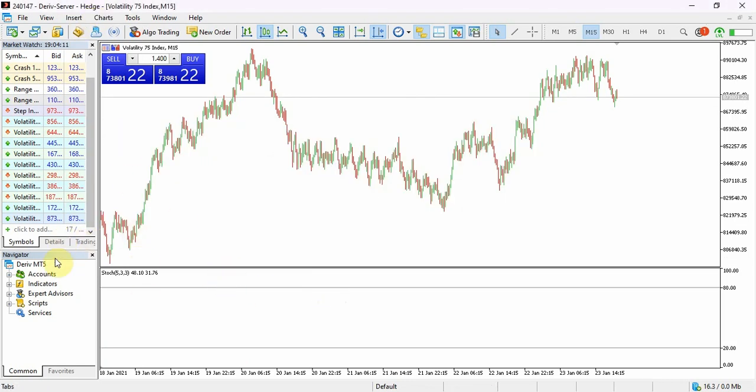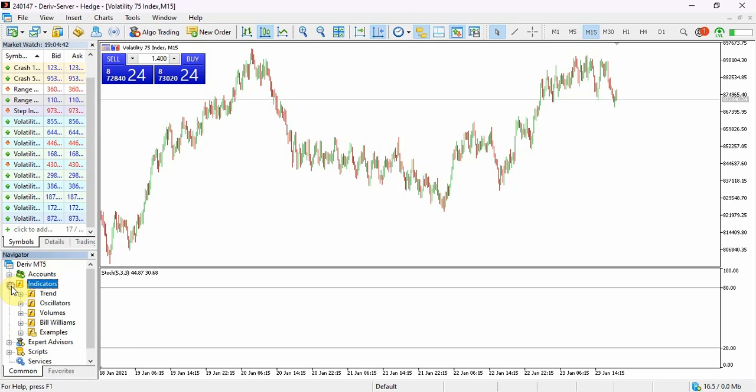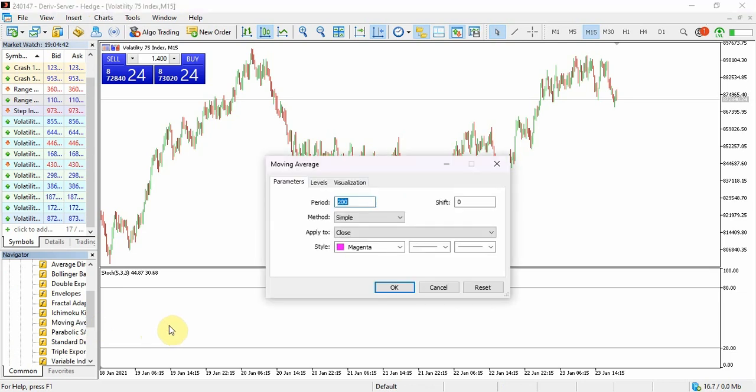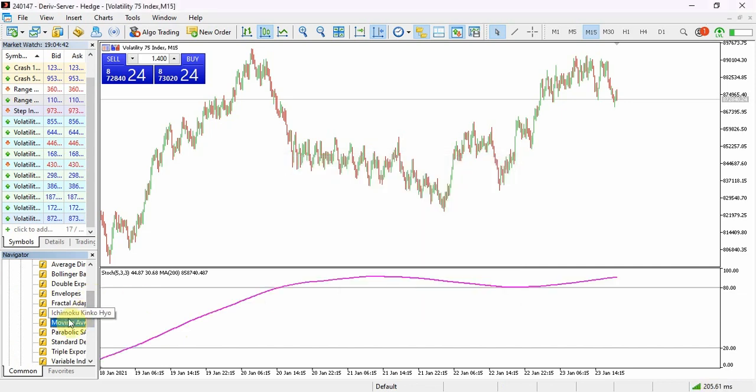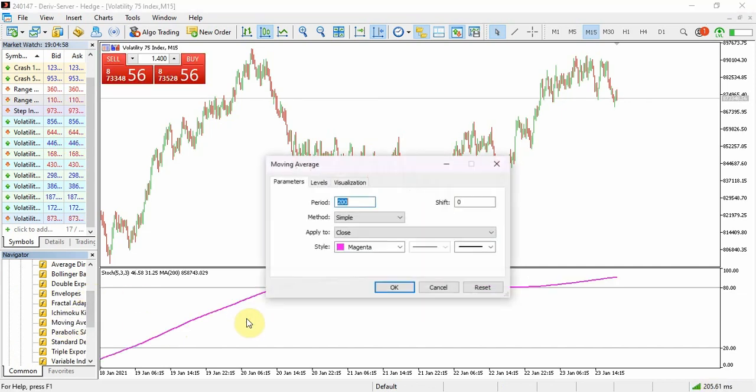And then now the tricky thing is that when you add the indicators, you don't go to insert now, but you go to this panel here, the navigator panel, and you click the drop down for indicators, trend indicators, and you go to moving average. You drag the indicator, you put it here on your screen, you set your period to that desired period. Let's start 200, and we drag again, we put it in, we set to 21, we change the color,